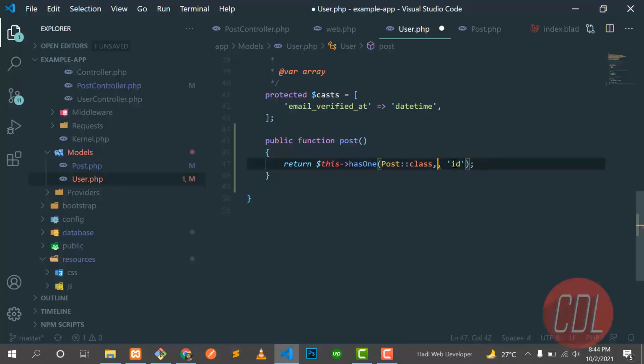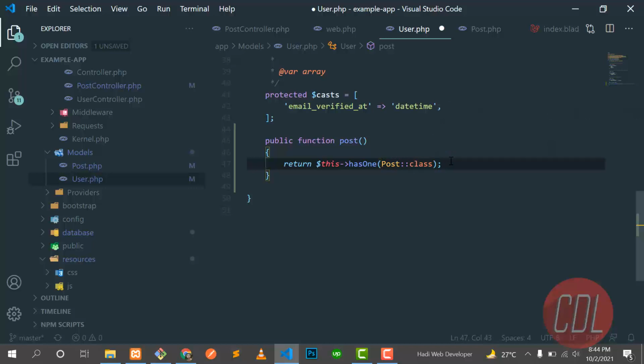And the third parameter would be the id. If you define this id in your table, you don't need to define it. Laravel will automatically understand that you defined user_id and id, so you don't need to mention them here.